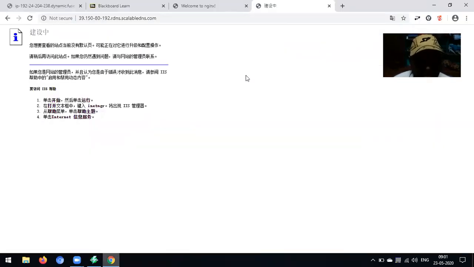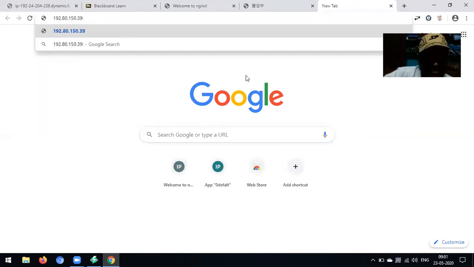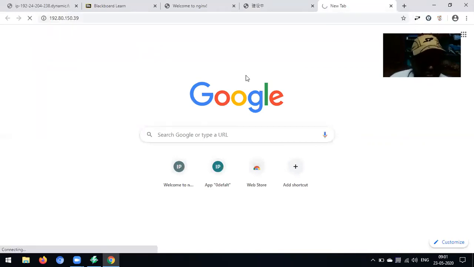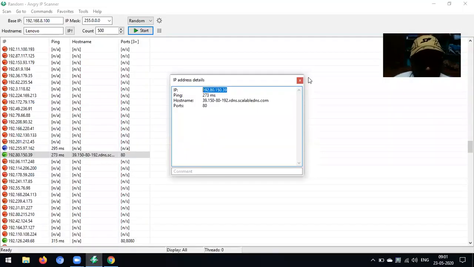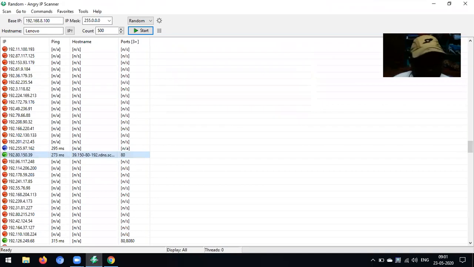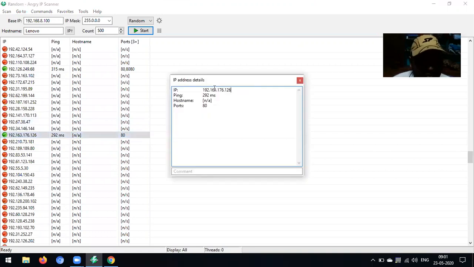This is the IP of the website. After that, using an Apache server, they will manage the domain name. Okay, the same site is showing. Next, the port number. This one we will check. 80 is present.